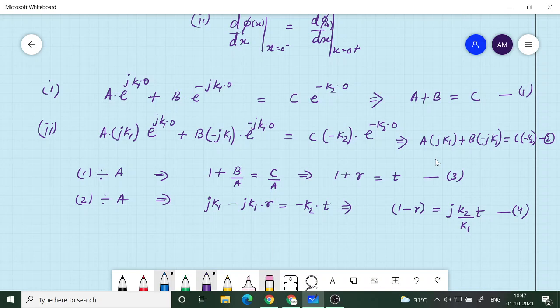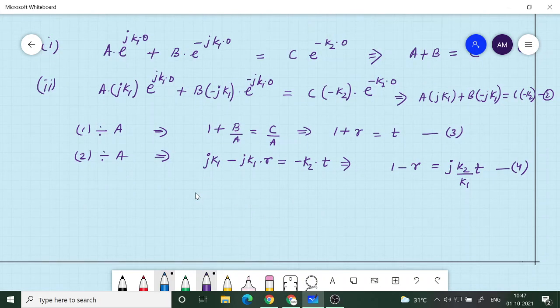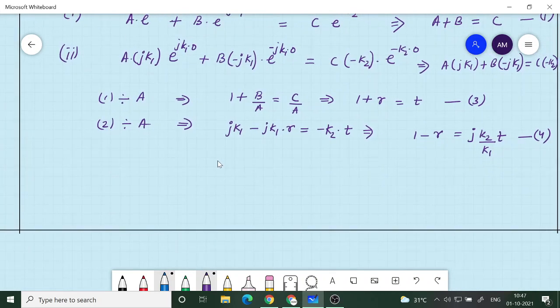So now I can remove this bracket also. I don't need this bracket. So 1 minus r is that. So I have 1 plus r and 1 minus r. So immediately we can go ahead and find out equation 3 minus equation 4, or just equation 3 plus 4.